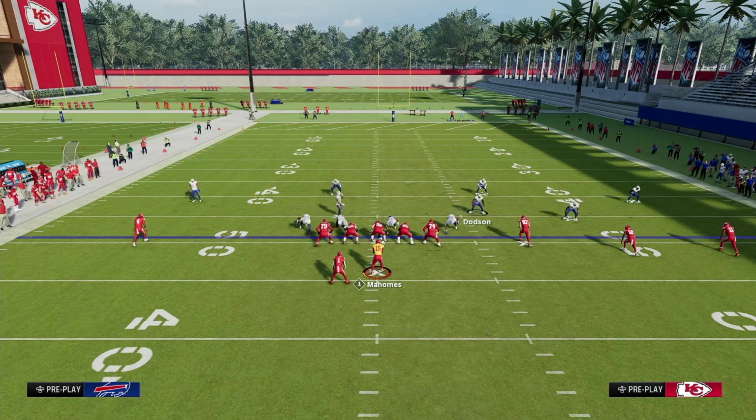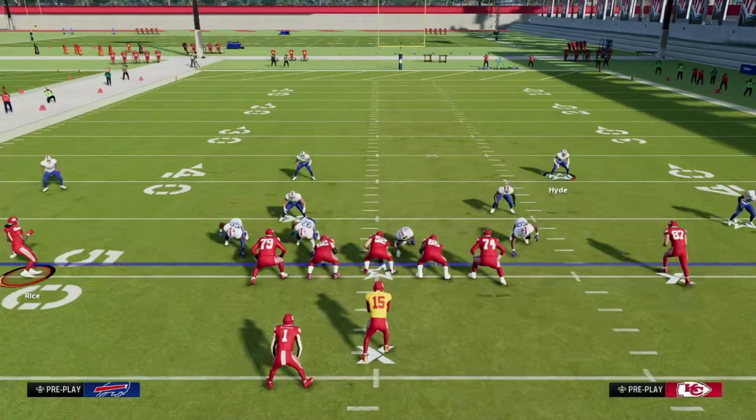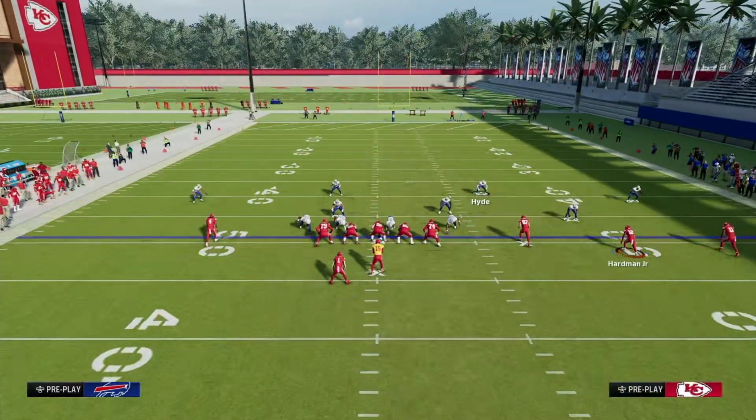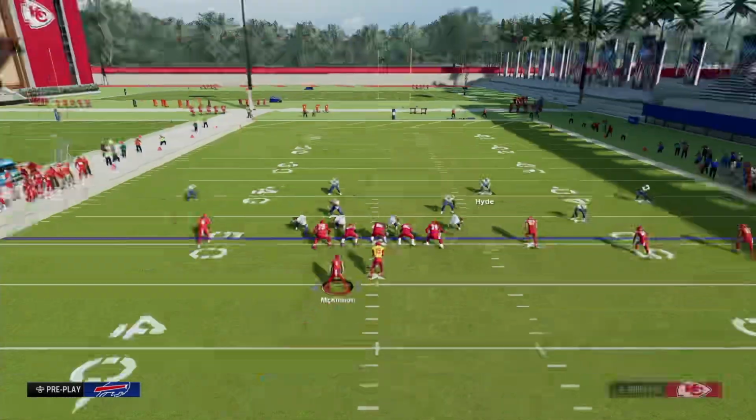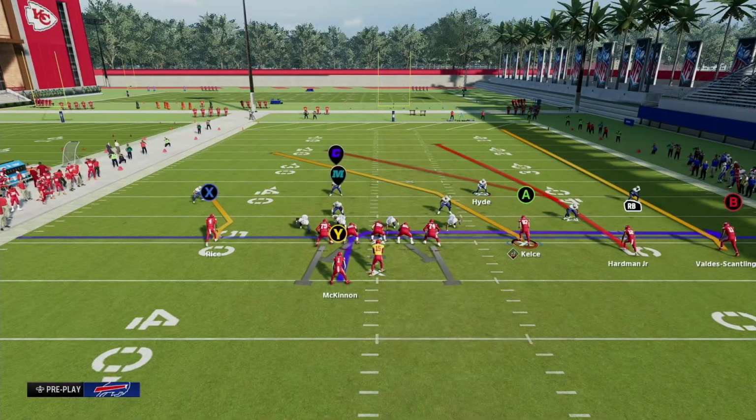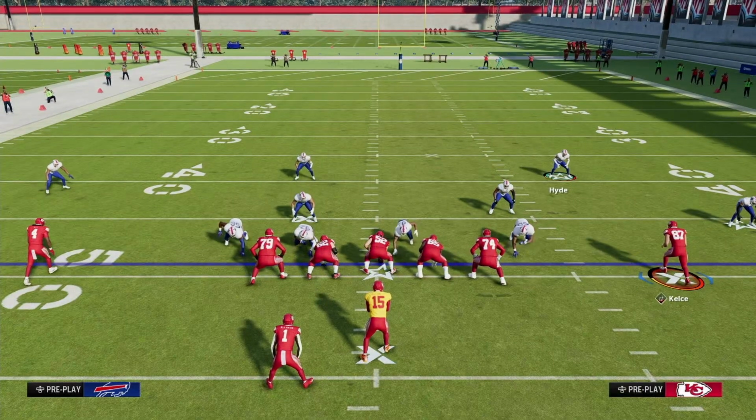That's pretty much what cover 4 quarters is. It also works the same against trips tight end type formations. So if we can imagine if Rashee Rice was a tight end, in line with the tackle, it's the same rules. So that's going to be it for this breakdown. Cover 4 quarters, Poach